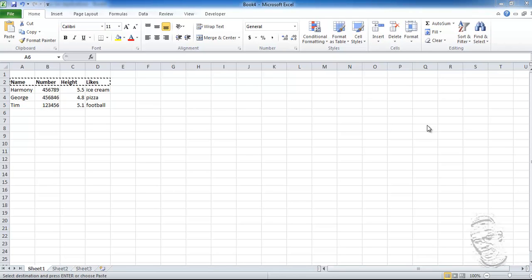For this lesson, we're going to use the do until loop to find the end of a data file. As we can see in sheet 1, we have some data here: Harmony, George, and Tim, and what they like and so on. On sheet 2, we will only have the headings. We start with the column index at 3 because we only want to copy from column index 3, and whatever is the end of file, we're going to copy up to there and send it over to